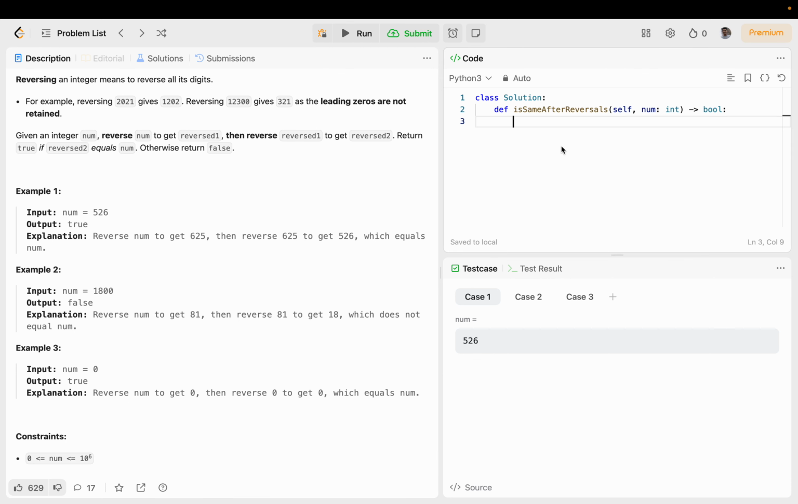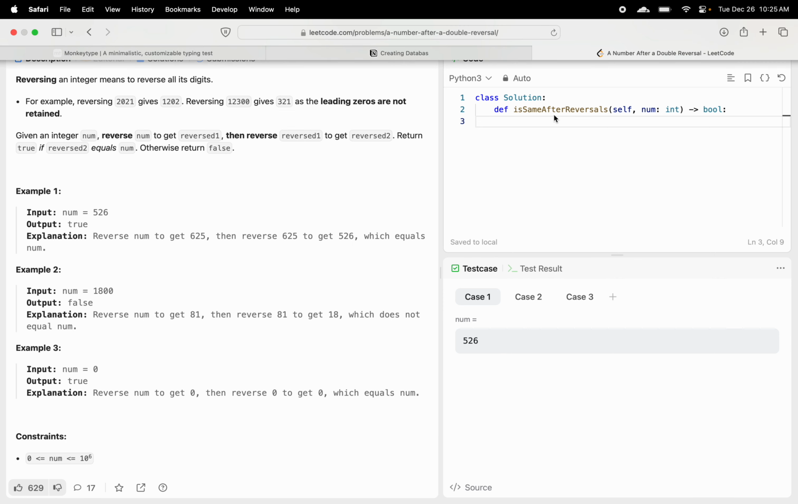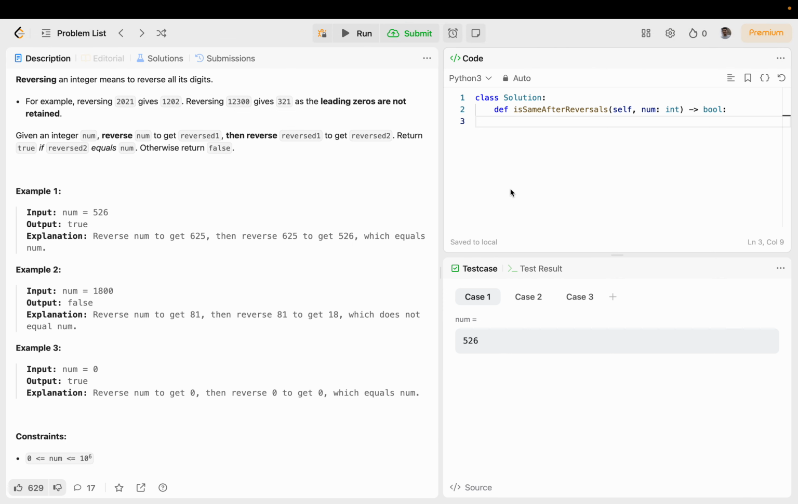Let me see if I can solve it in less than 5 minutes. First of all, I'm going to convert this to a string. So str num reversed equal to reverse num is equal to str of num [::-1]. Okay, now we're going to reverse again. Reverse string with num. Now we're going to do new num is equal to int of reverse